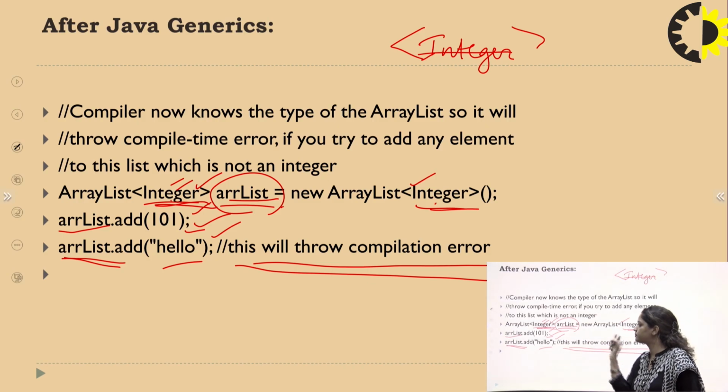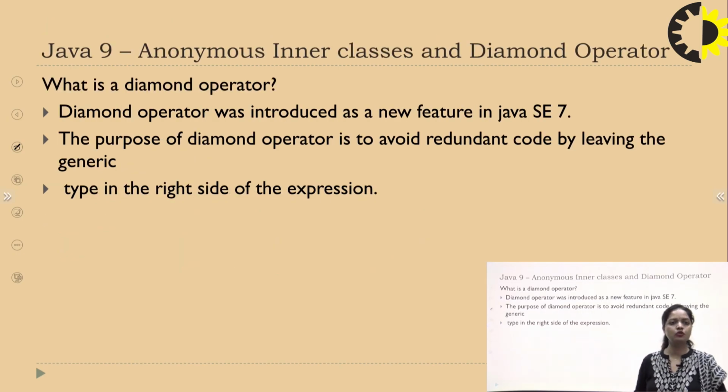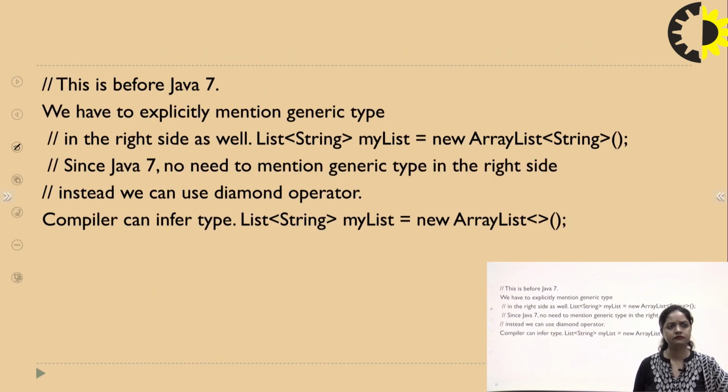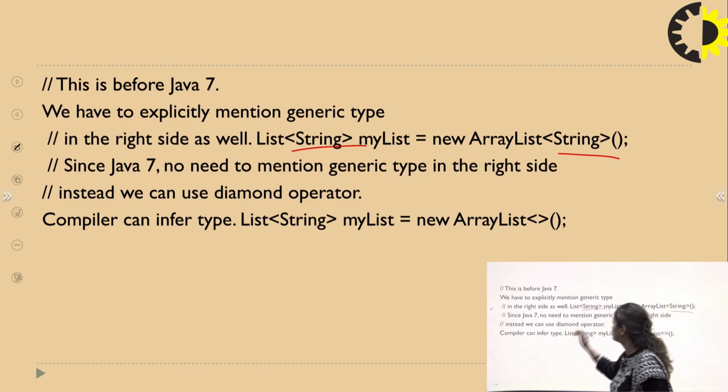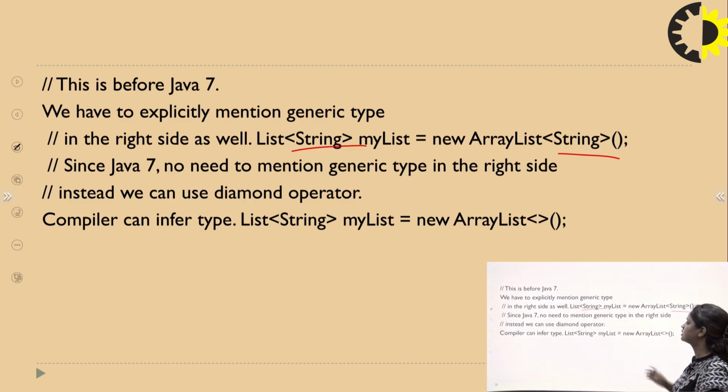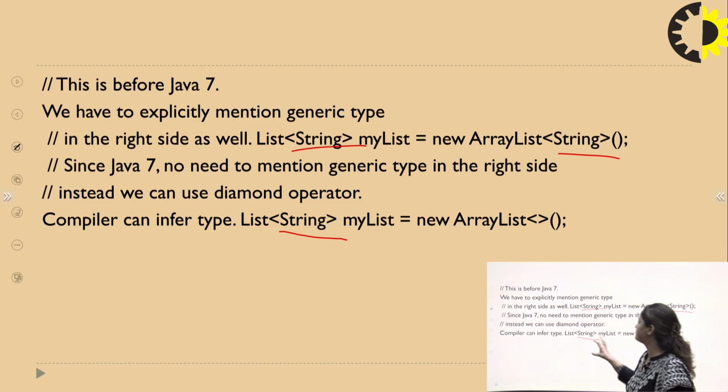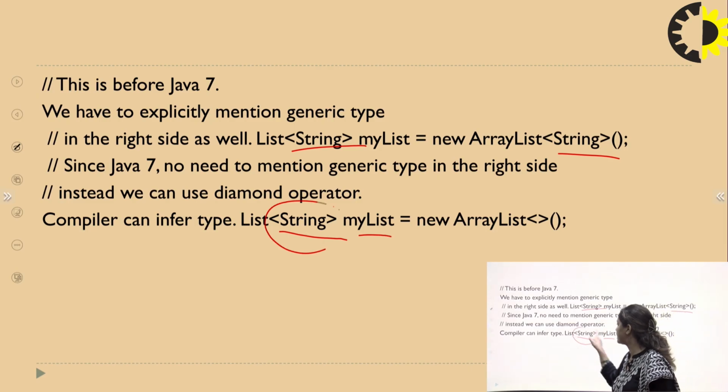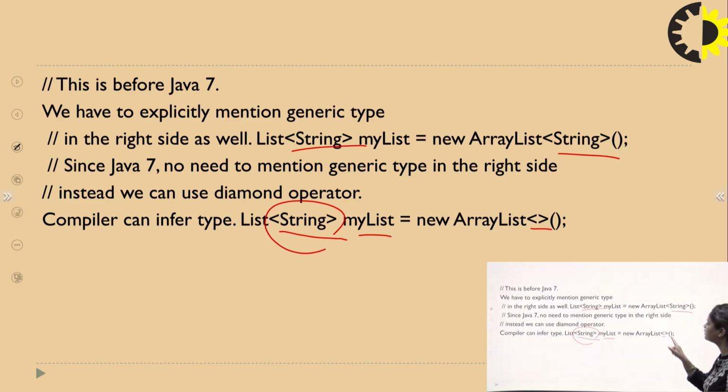So for removing this problem, another advanced feature known as the diamond operator is used in Java. What is the role of this diamond operator? Like this, we are declaring the type twice, so it gives repetition in the program. To remove this, we declare the data type just once. My list object is holding the string data type, and on the right side we are not writing String, but simply putting these arrows.